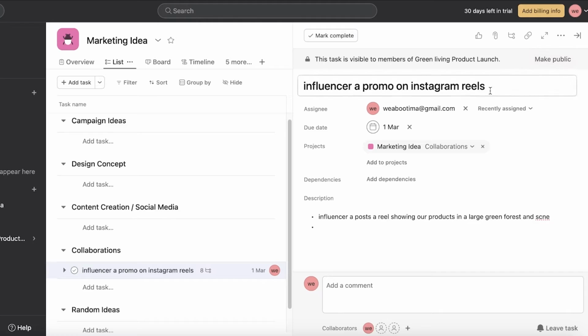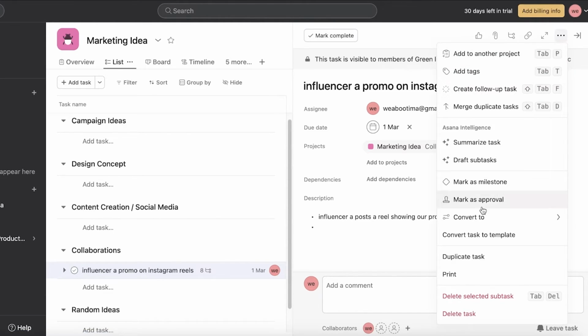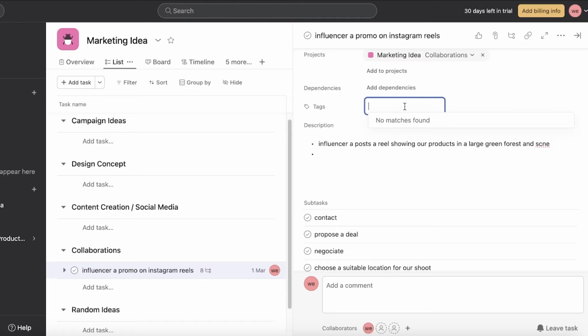Now, these are just some of the pre-existing fields. You guys can see on the top right, you have the option to like tasks. You have the shortcut of attaching files, expanding the tasks, and then more. To add follow-up tasks, you can merge duplicate tasks as well as add tags. Now, tags are a great way to denote a particular type of task. So let's say I have two different types of tags. Maybe I have